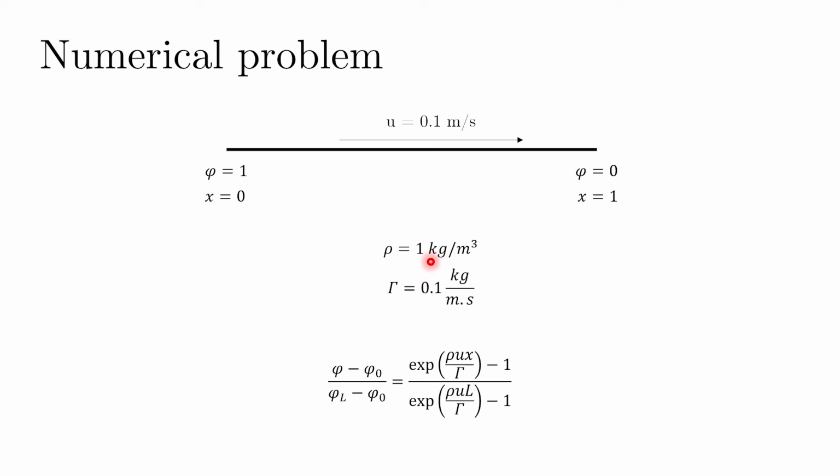The good thing about this problem, and the reason I have taken it, is that we know the exact solution, which is given by this exponential variation at the bottom. We are going to talk about how to solve this problem in Python probably 2 lectures from now, but we'll use this problem to demonstrate a few important things about the properties of the discretization schemes.